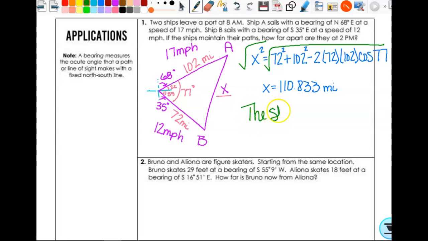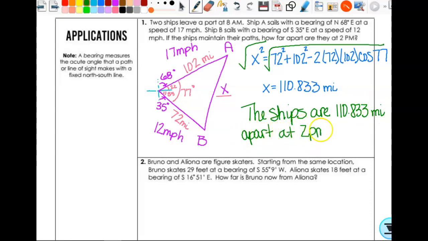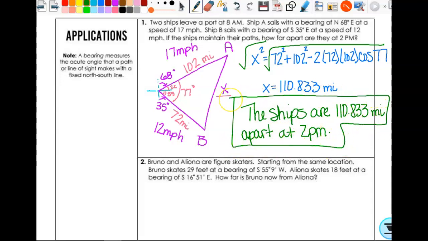The ships are 110.833 miles apart at 2 p.m. Okay, so in Formative, when you answer this, in your work, whether you do it on the